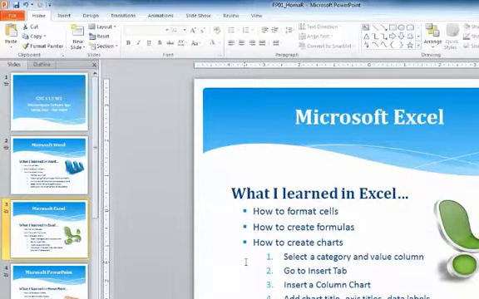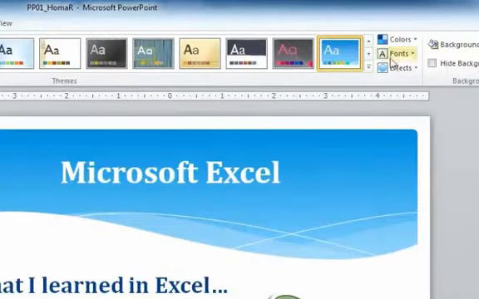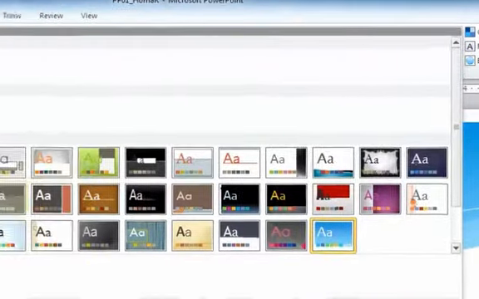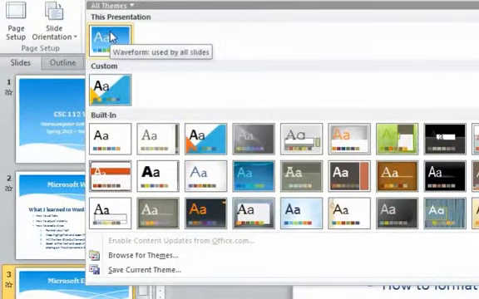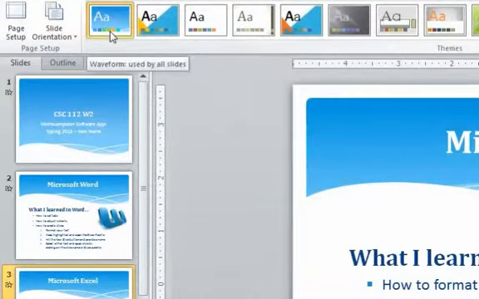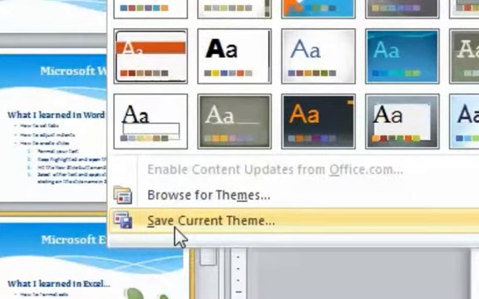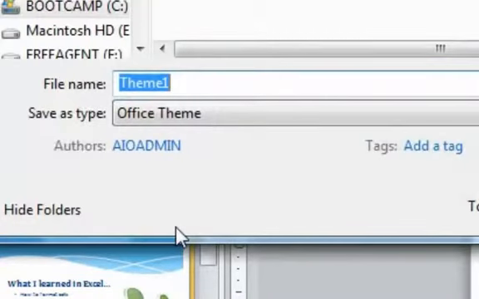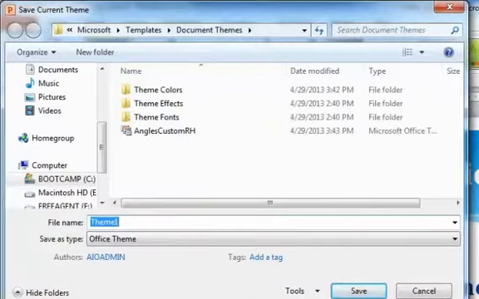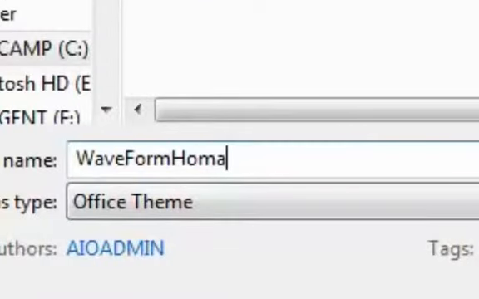So anyway, the last thing here, if I like the way I have this formatted and I may want to use it again, you could go to design and then go to the more tab, and at the very bottom, this is what I'm working in right now, this presentation. So if I go down here and go save current theme, at the very bottom, I could give it a name, and I'll just call it Waveform Homa with my last name or something. Just so I know that that's a custom. When I hit save,